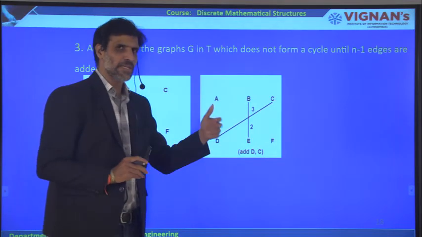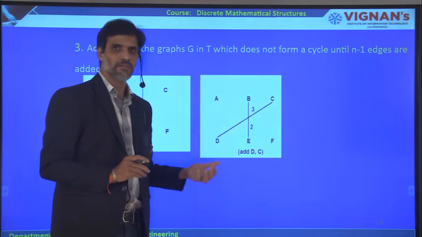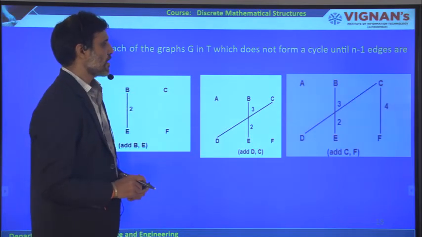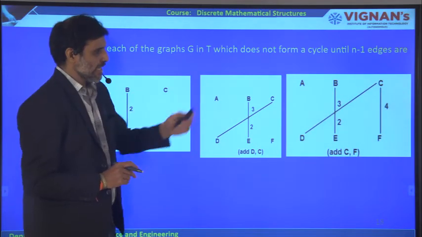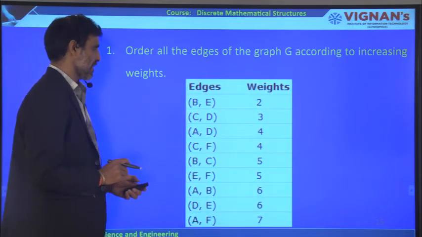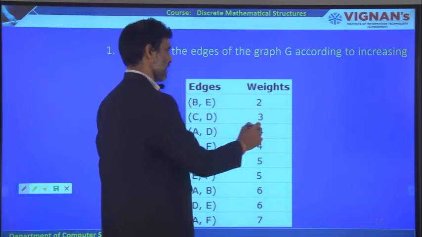If there are too many 2 or 3 edges containing the same weights, you can start with any one. No need of starting with like this only. So next you have to take what? The next edge, what? 4. See here, I am going to take the edges. I am going to explain like this so that you can understand.